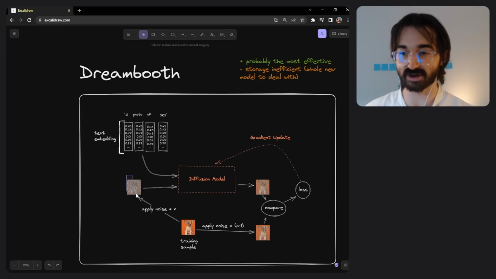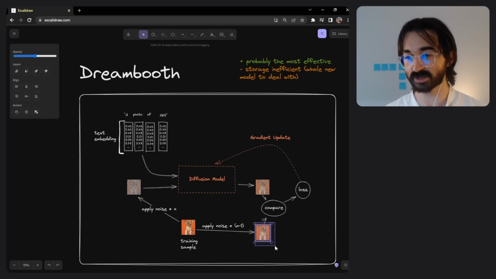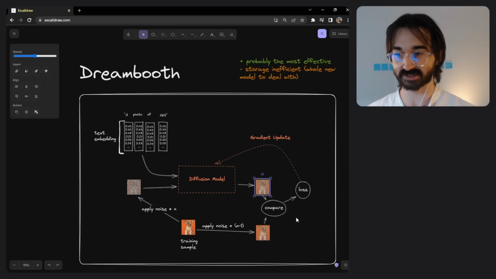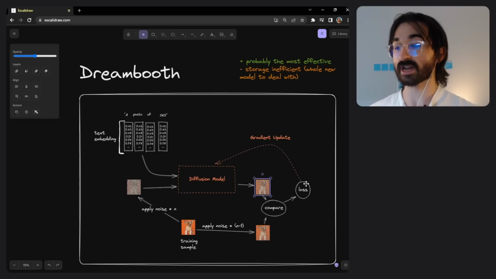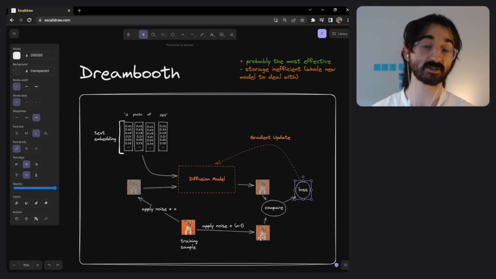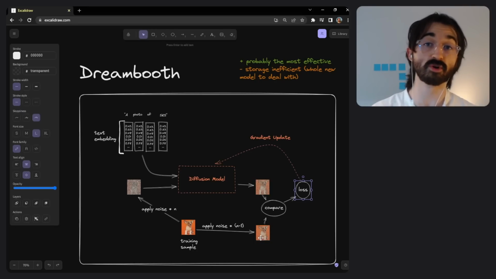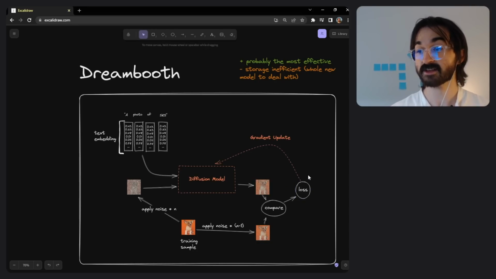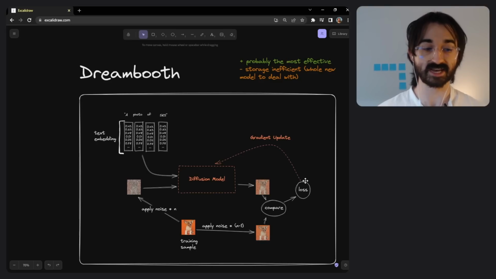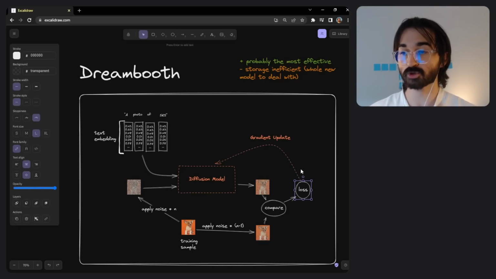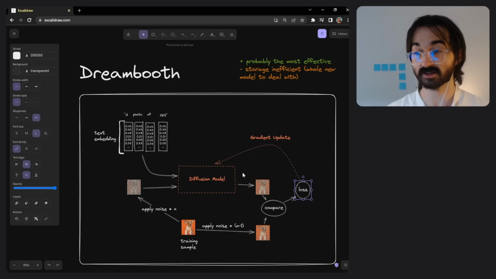So you've given it this very noised one, you've got a slightly less noised one, and you're expecting it to produce the slightly less noised version of the same image. So you compare them, you create a loss. Depending on how separate they are, the loss will be really high if they're very separate, and if they don't look like each other at all. Loss will be very low if they look exactly like each other. And then you perform something called a gradient update, which that is a whole can of worms. But basically, you punish the model if the loss is high,